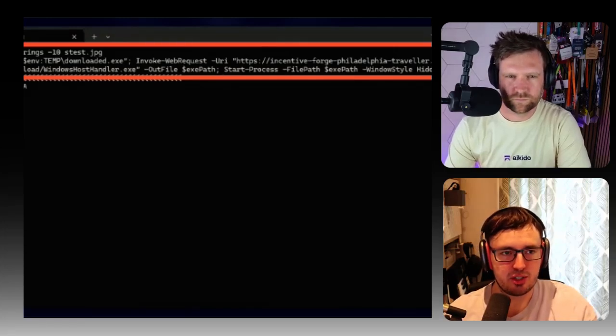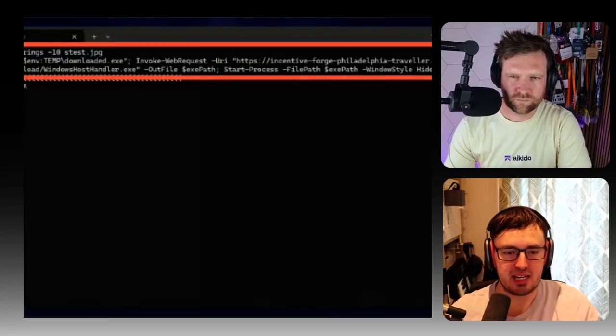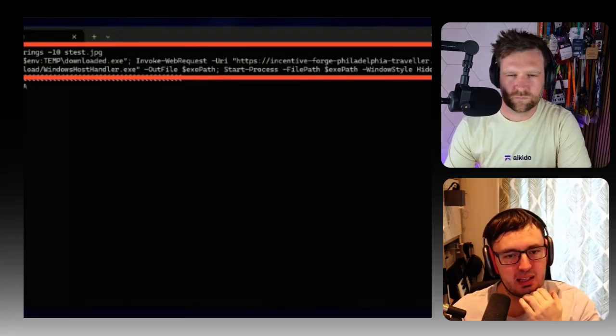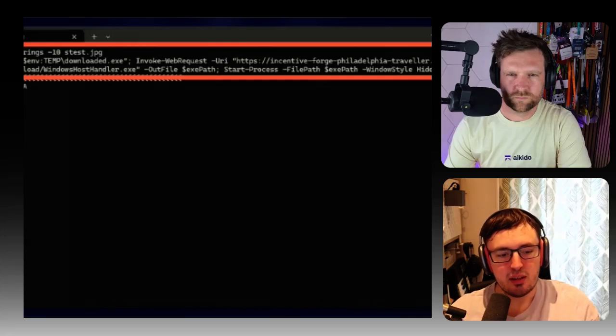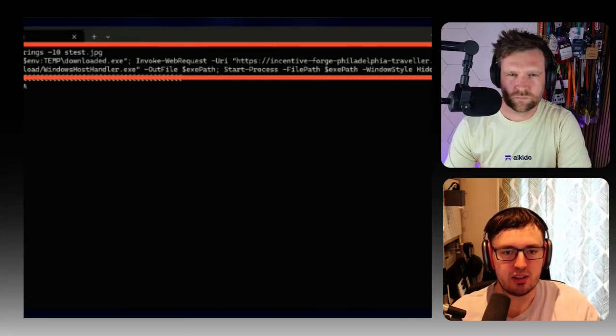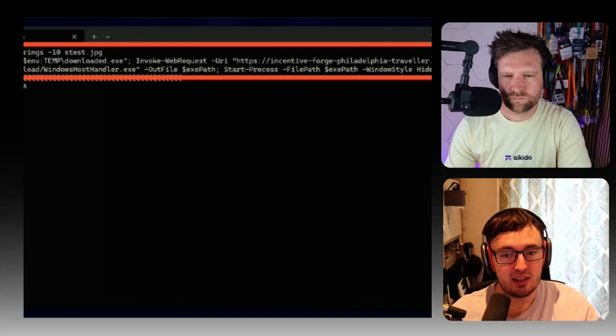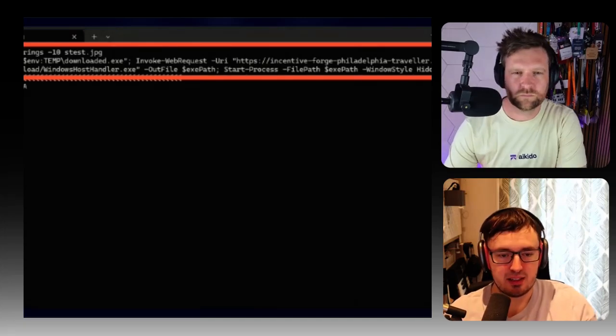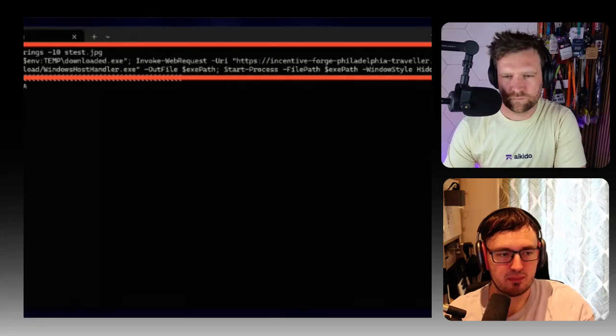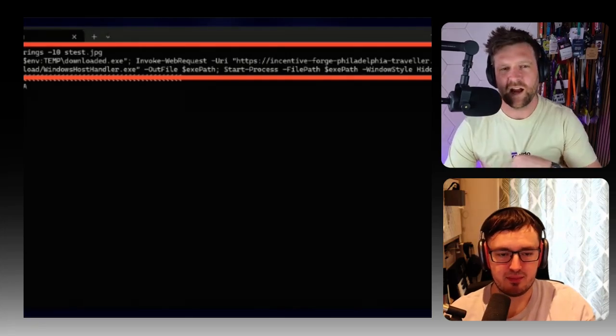What we see from some of the more nation state type attackers, like the North Koreans that we've reported about in the past, and some of the Russian threat actors, is that they consider all the different OSs, and some of them will try to target and even execute within Windows Subsystem for Linux, which is a Linux inside of Windows. They will handle those specifically.